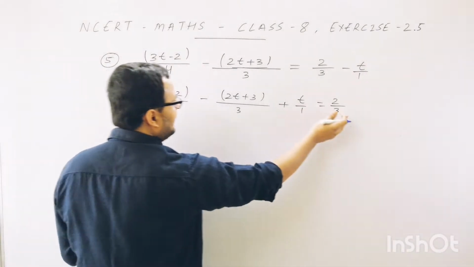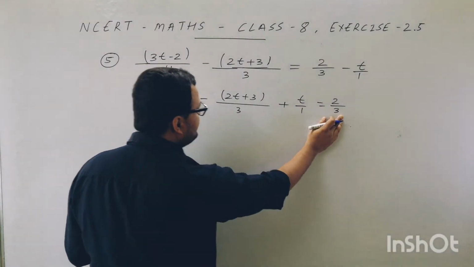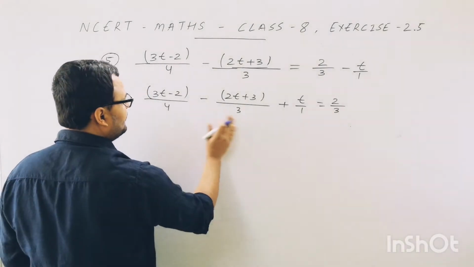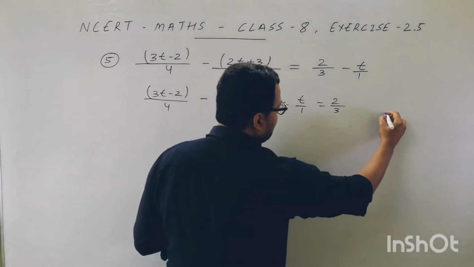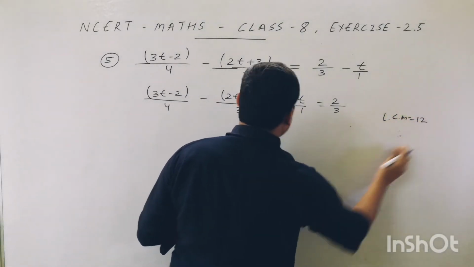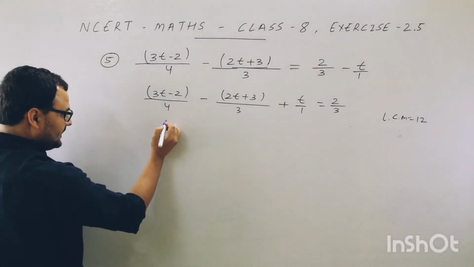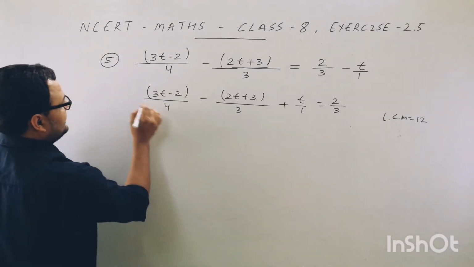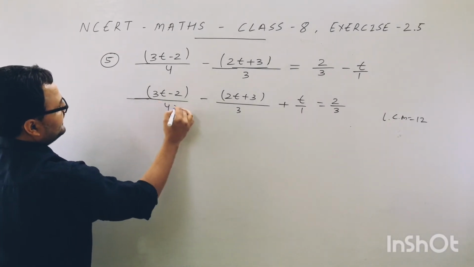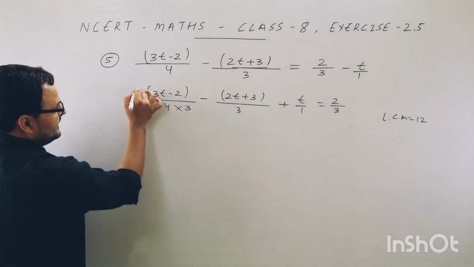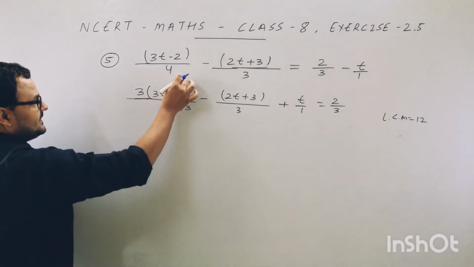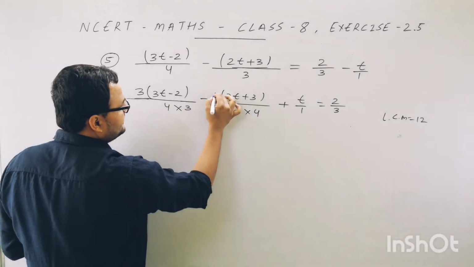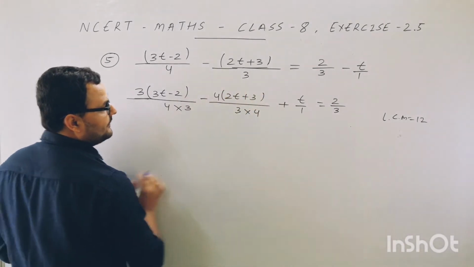So t by 1 equals 2 by 3. Now 4, 3 and 3. So 3 is coming 2 times, so we can consider it 1 time to find the LCM. The LCM of 4 and 3, they are co-prime, 4 threes are 12. So I'll write on the side LCM equals 12. Now I have to convert the denominators to 12. So here I can multiply by 3. Then this total we are going to multiply with 3. That's why I did it in the bracket. And 3 into 4 equals 12. So this total we are going to multiply with 4.